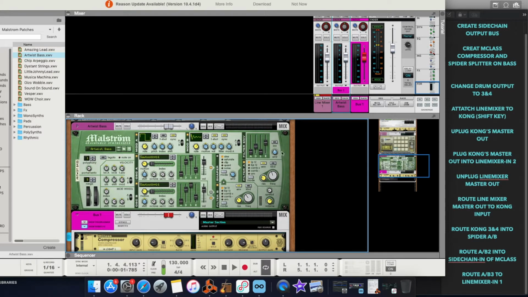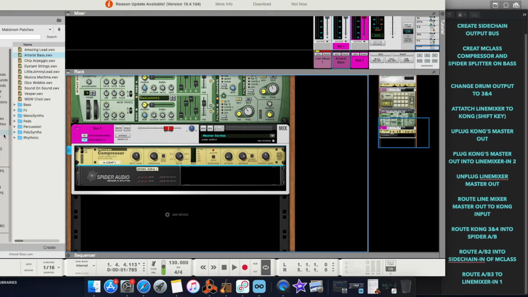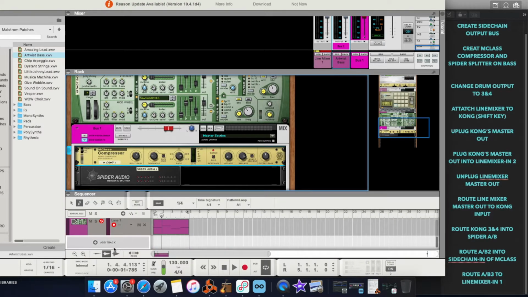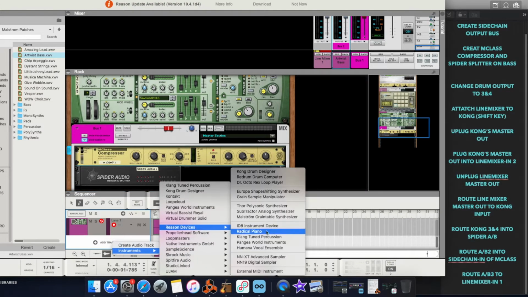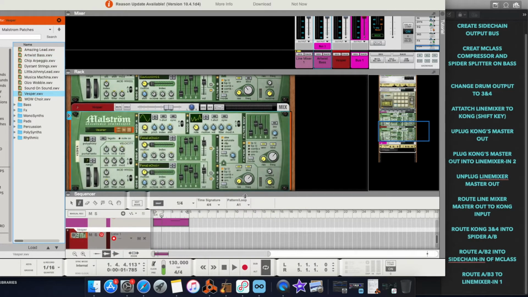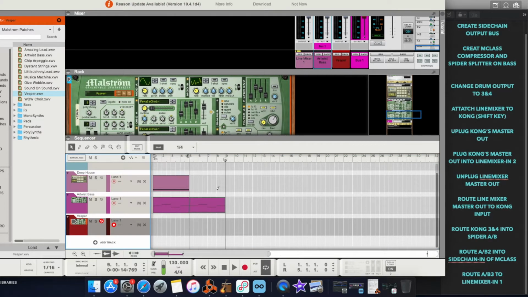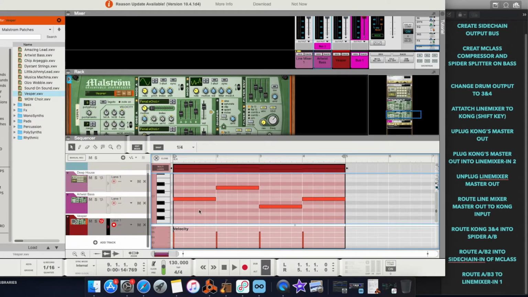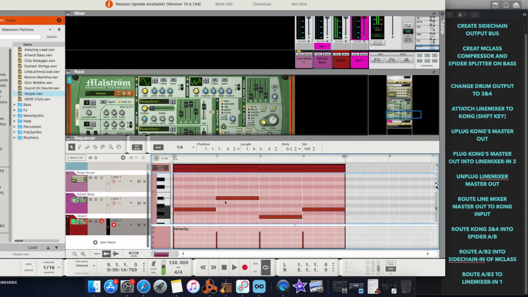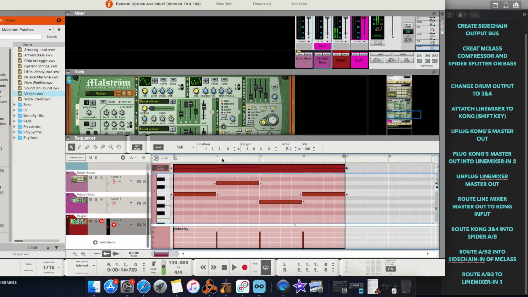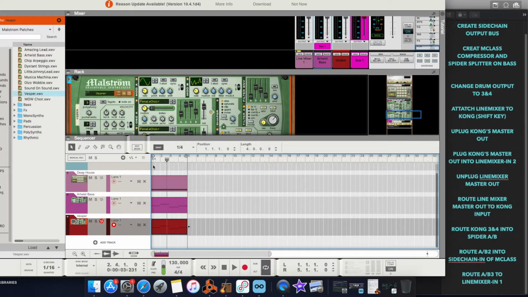The reason you want to do it in a bus is because if I add another element now, let's add another instrument here. Let's just add this, whatever this is. Let's copy our MIDI and paste it on to here. I'm sorry about that noise. I'm gonna bring it up a little bit just so it's not in the same octave. We brought it up an octave, so